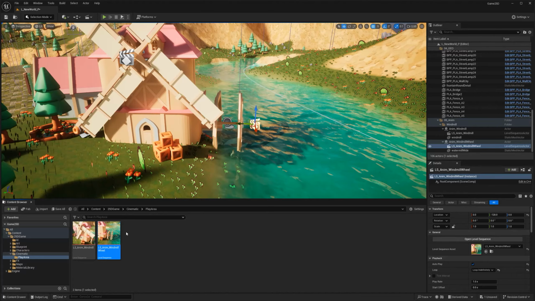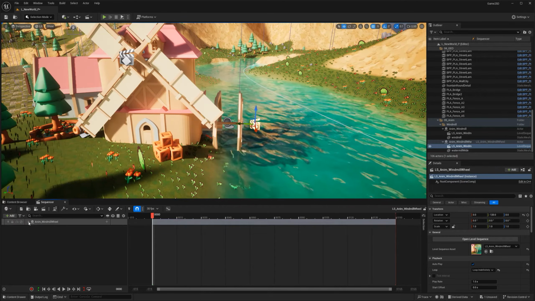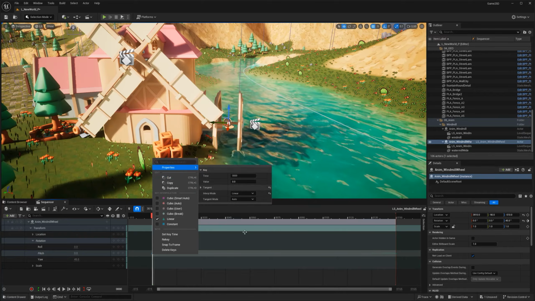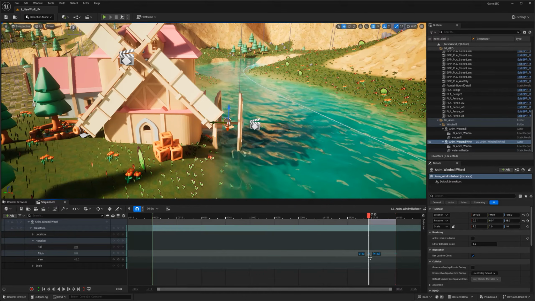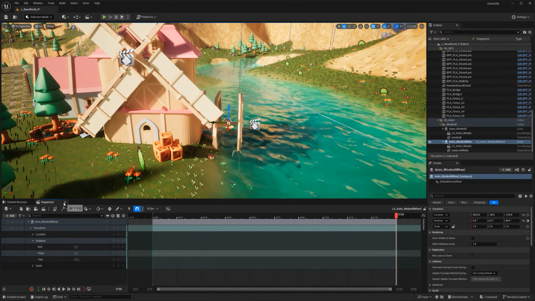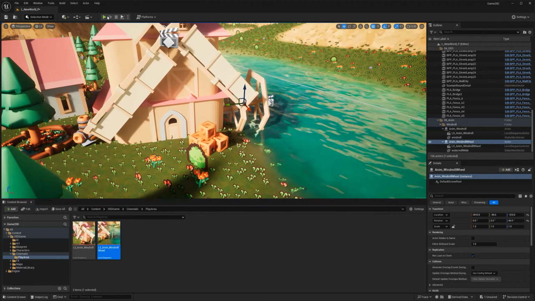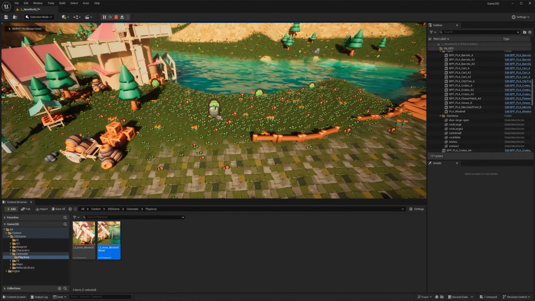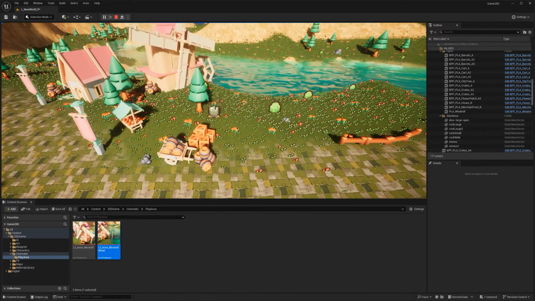But that's an easy one. Just open that one, and I can just get my frames here. Right click, properties, and just do this. Or I could just change from 0 to 360 or 360 to 0. Well, this should be enough. Press play. There you go. That sounds correct. It looks fine.